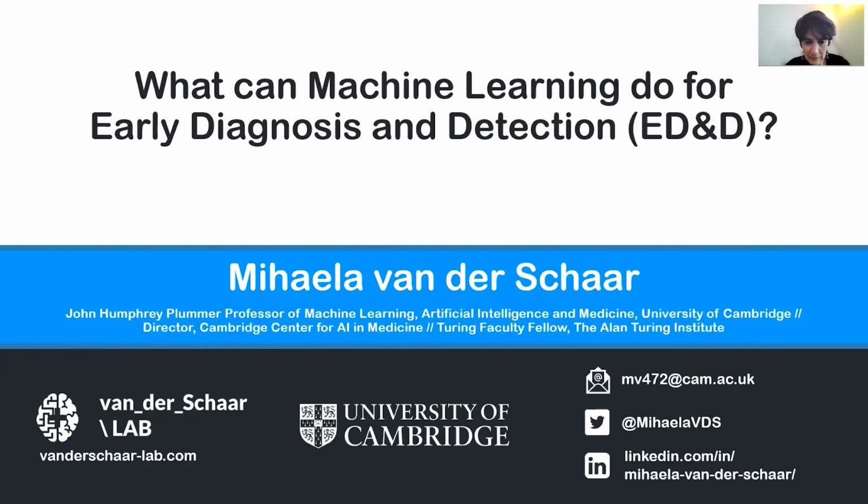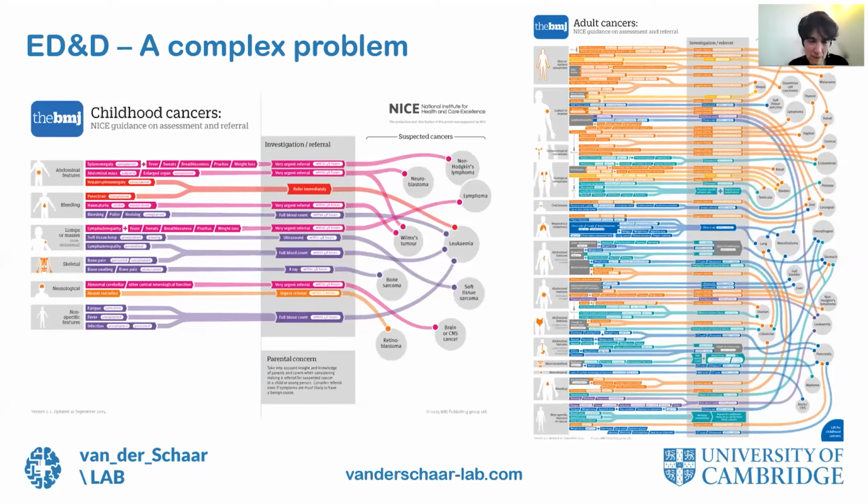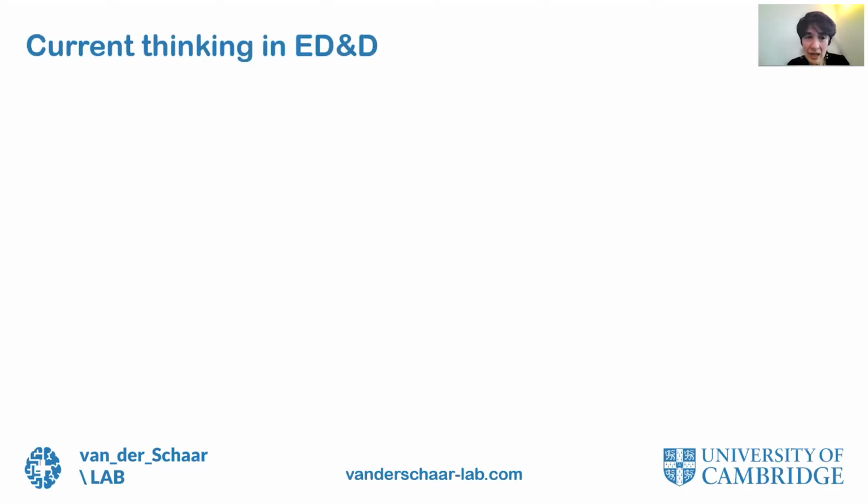Of course, the area of early detection and diagnosis is complex. This is very nicely highlighted and portrayed here in this BMJ article that shows the guidelines for diagnosis and referral for cancers. You can see that it's a very complicated pathway involving a variety of information and leading to very different types of hypotheses. And I would like to summarize what I believe to be current thinking in early